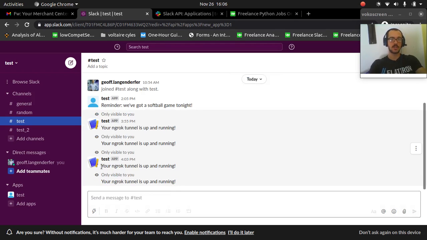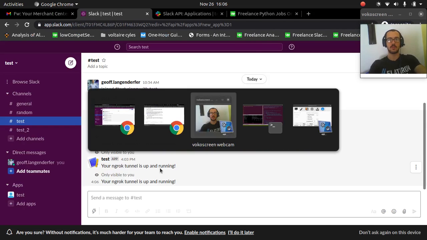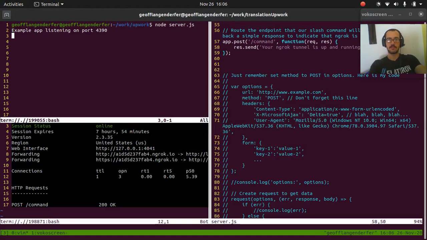And so you can see it says here, your ngrok tunnel is up and running. And so that corresponds to, so what we do with that data. We just send back the text. You could do different things. You could send a post to an Airtable API to post all that data as a new row in the